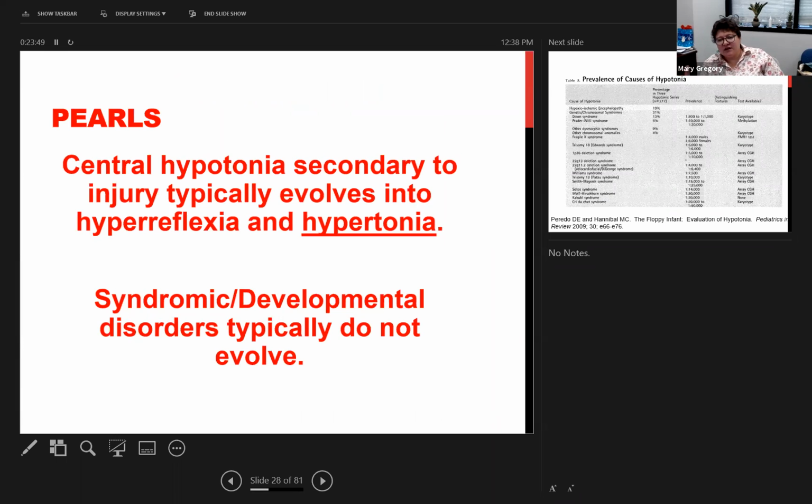So central hypotonia, secondary to injury, generally ultimately resolves into hypertonia and hyperreflexia over time. So keep that in mind whenever you're doing the workup. But certainly, if a baby is born hypotonic, we don't know necessarily the timing of the injury. And so this is something that's likely to change when you see the child in follow-up, but may not change